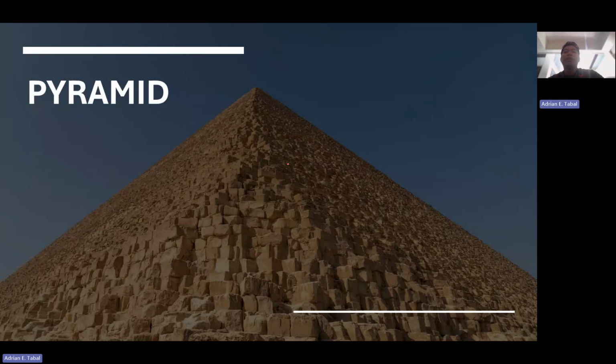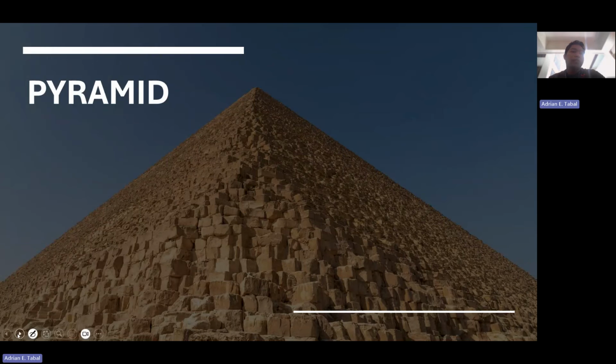But for now, we are going to talk about the volume and surface area of the pyramid. When we talk about volume, again, we are talking about the space they occupy. And for the surface area, the area covering the whole shape. So by learning how to find these measurements, we can connect geometry to real life applications like construction, design, and even archaeology. So, pyramid.